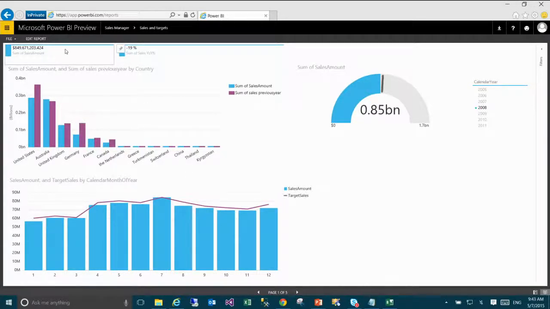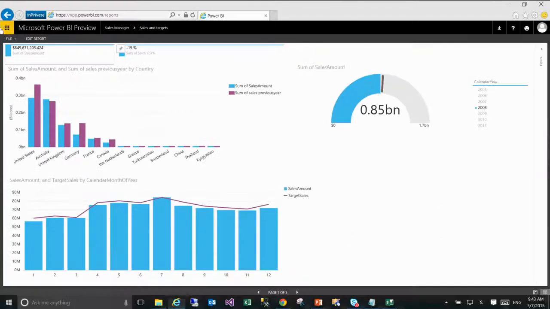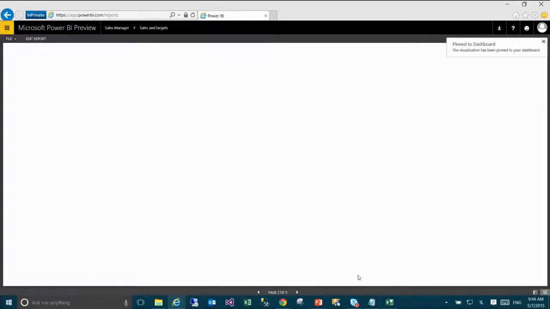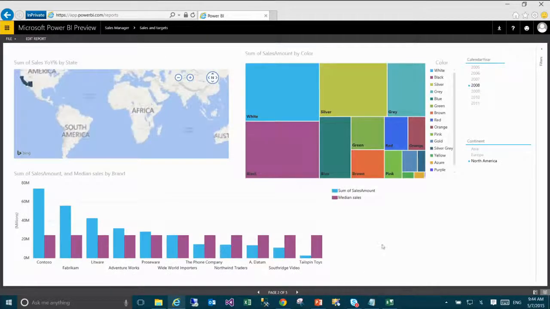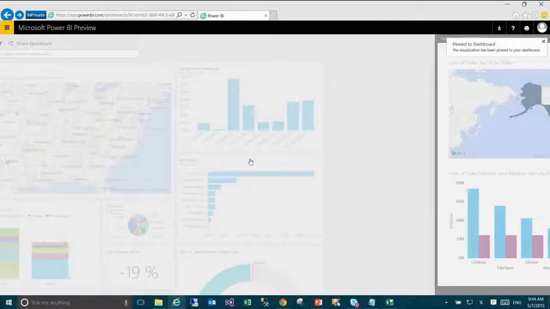I'm going to click on this guy and just pin it to the dashboard. It's really straightforward. Just click on this pin button, pin it. I'm going to click on this guy and pin it. And it automatically says pin to the dashboard. I want to go to this guy, pin it. I want to add this as well, pin it. And I can go to all my reports, the ones that we just created, and I can pin them all to the visuals. I can go in here, pin this guy, go back to my Sales Manager dashboard,